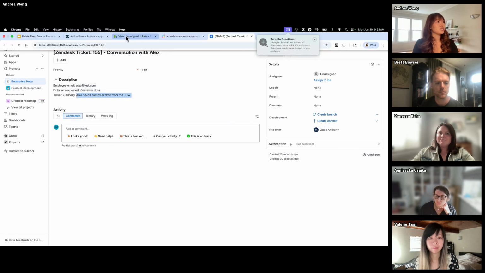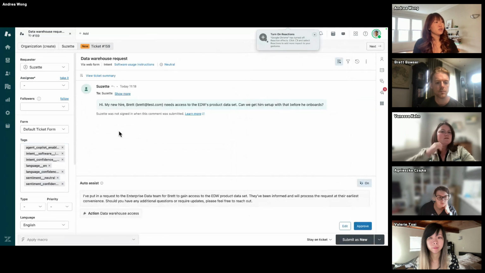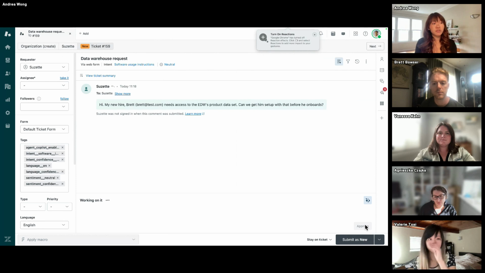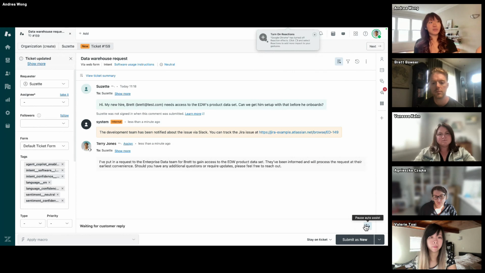But of course, just to see it really quickly within an actual ticket, including with Copilot, you can see how an email request that's similar to this appears with that auto assist recommendation. So similar to what we've seen before, except this time we have Copilot recommending that particular flow. So really from an agent perspective, it's as easy as approving the flow and having Action Builder follow all of those action steps. And then similar to what you saw before, we now have that internal note, which we can